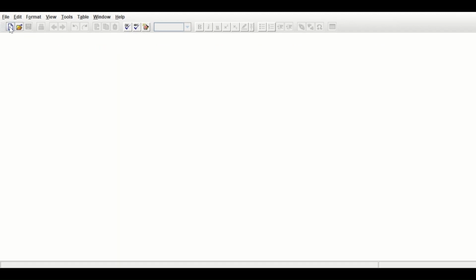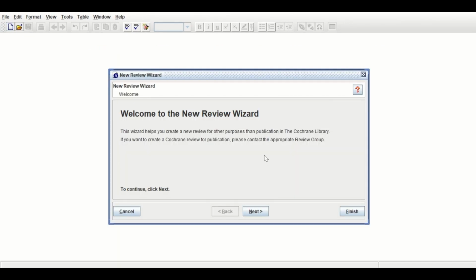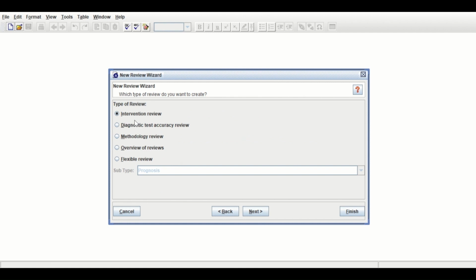In RevMan, click on the new. A new review wizard will be generated. Click on next, then select intervention review and click on next,